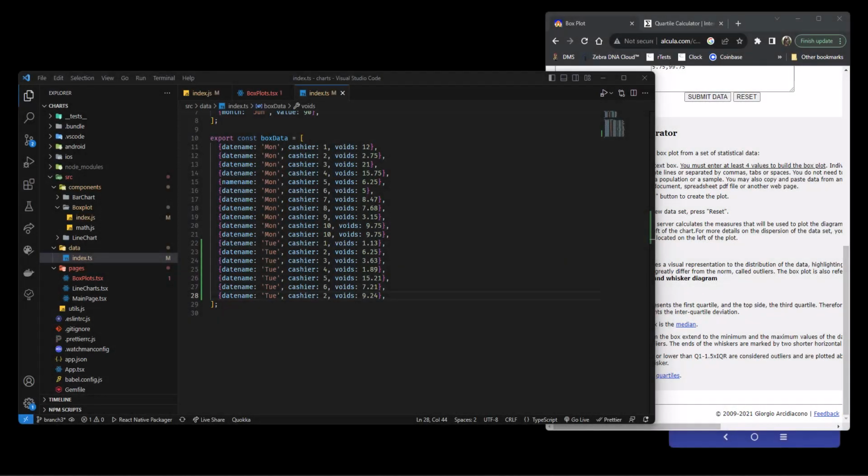Okay, this is going to be a little bit of fun. I had to kind of work this out on the side, take some notes, come back. This can be cool. So what I've done, I've just added a new record right here: date name Tuesday, cashier 2, voids 9.24. So when we run our box plot